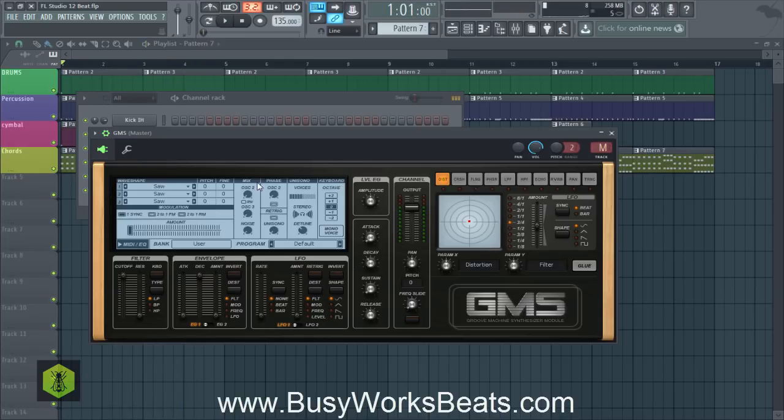Now if you really want to get unique, remember you're going to get the project files just in case you get lost along the way, so no worries. What we're going to do is set the filter here. So this is a follow along type of thing. I can't really explain everything about it, but you can left click and lower the cutoff. So you can see the sound's kind of going away. Then we're going to increase the resonance. Now we're going to give the filter an envelope. So we're just going to lower the decay and increase the amount knob.